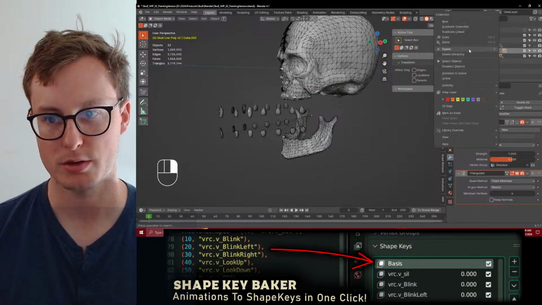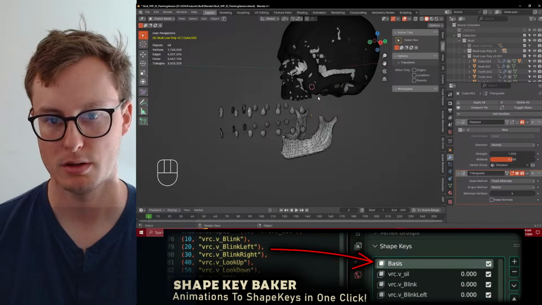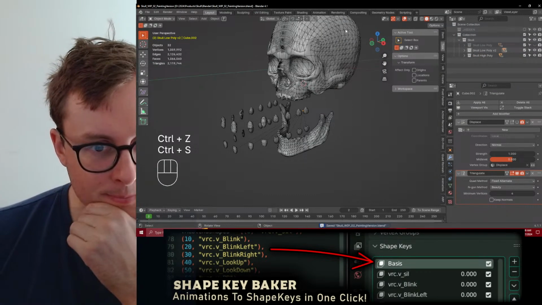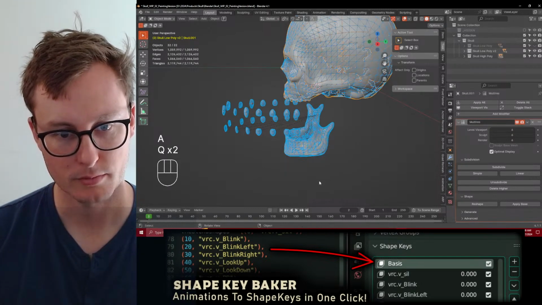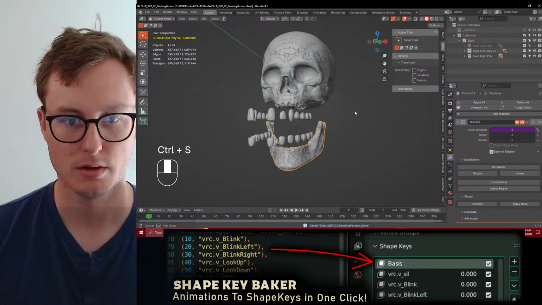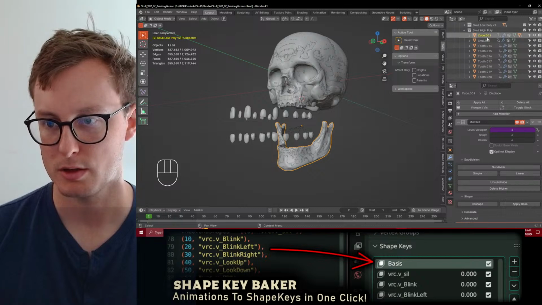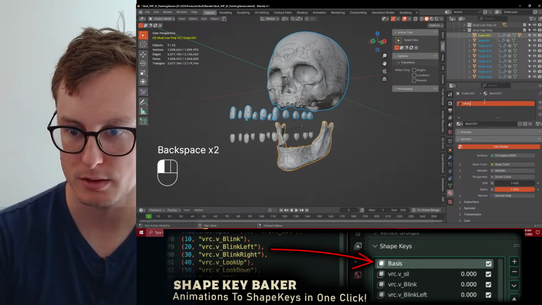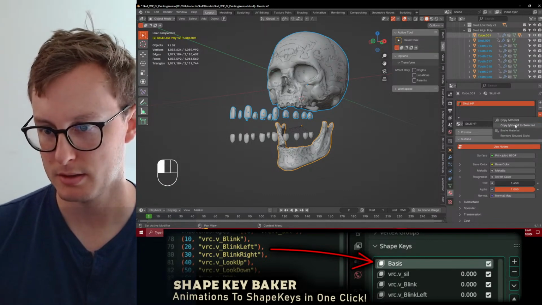So what I'll want to do is create a duplicate collection. Oof, dense. Let me undo that. Let me go into the high poly, and we're going to make a new copy called skull high poly. Copy this to selected.